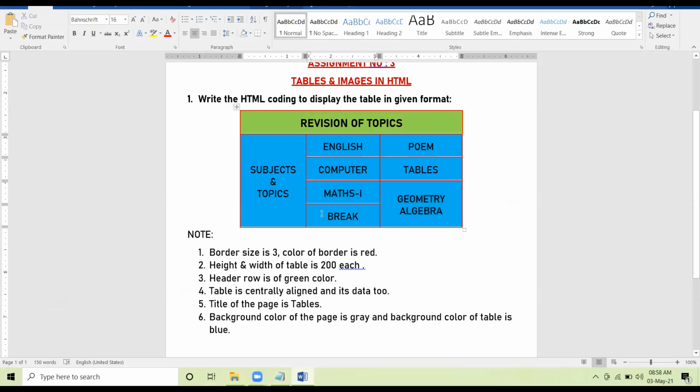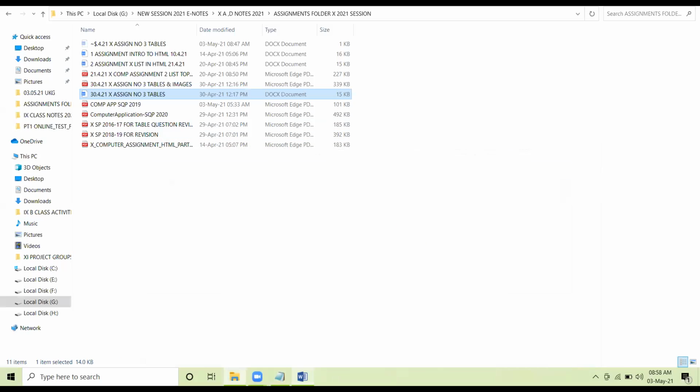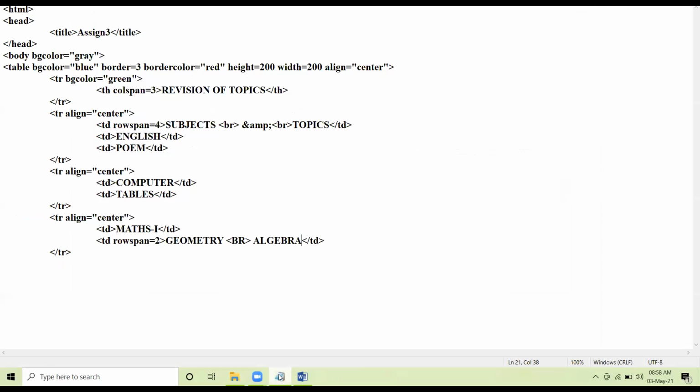So we are left with the last row where we'll be having just one cell because the third cell already merged here. TR align equal to center, TD break, TD closes, then TR.